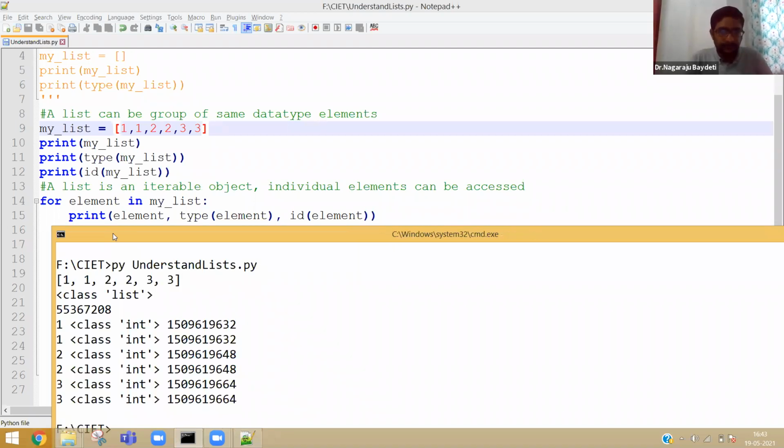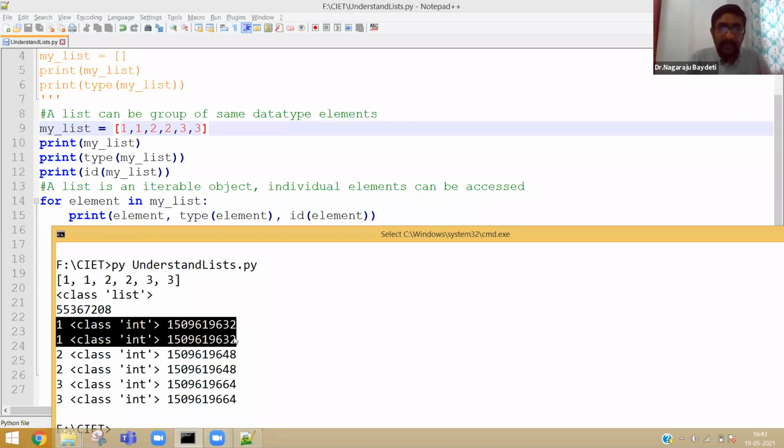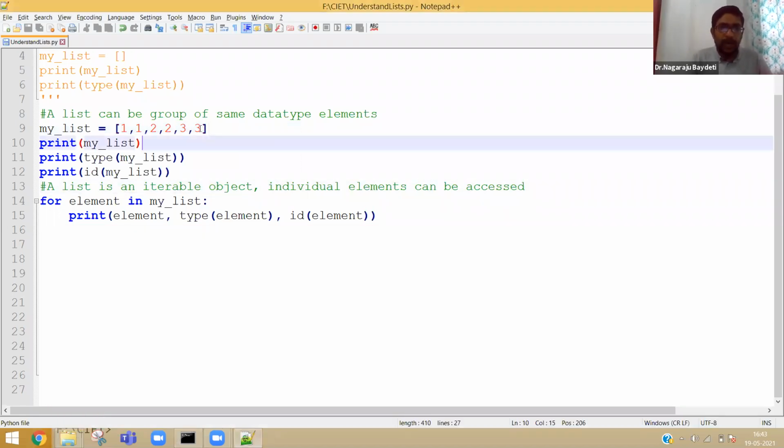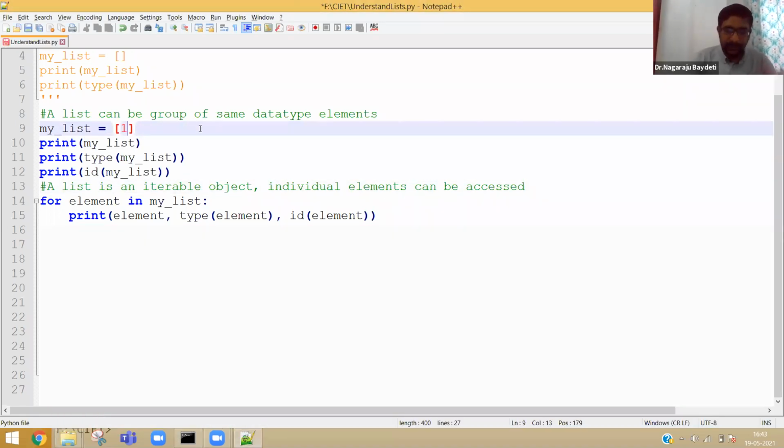Now, clearly you can see both the values, when they are 1 and 1, they share the same location. Why? Because 1 is an interned value here. Now, let us go and type uninterned values. For example, 989 is uninterned, again 989. Let me give minus 99 and minus 99. And then let me give 5000 and 5000.